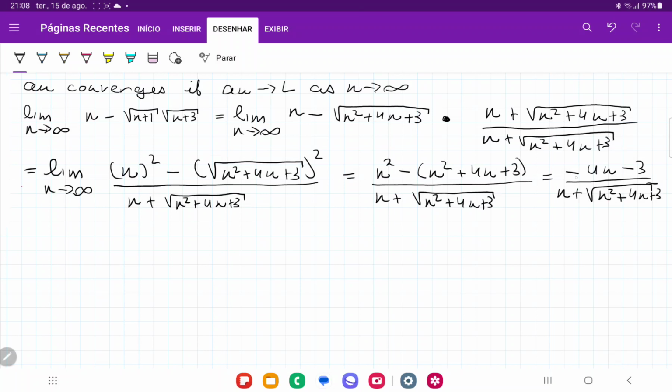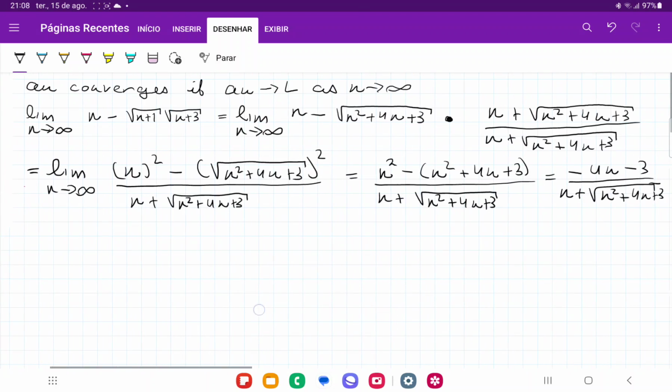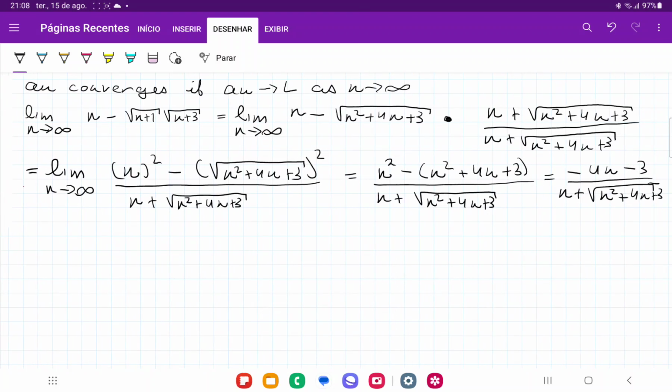So if I take the limit of this, I'm still going to get minus 4 times infinity minus 3 over infinity plus square root of infinity. And so what I want to do is divide everything by n, because then I'm going to get a nice number at the top, and that at least helps me simplify it. So I'm going to take the limit as n approaches infinity of minus 4n minus 3 over n plus square root of n squared